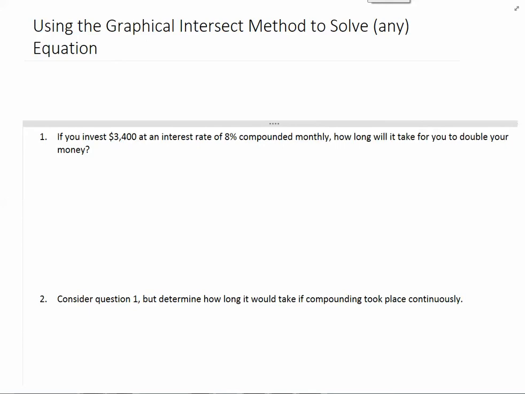I'd like to show you how to use your graphing calculator more effectively. I just think of this as the graphical intersect method to solve an equation. This can be done with any equation at all, which is the beautiful part, and the thought process is very much the same. So let's just say that we're working with an investment problem, and we want to ask a